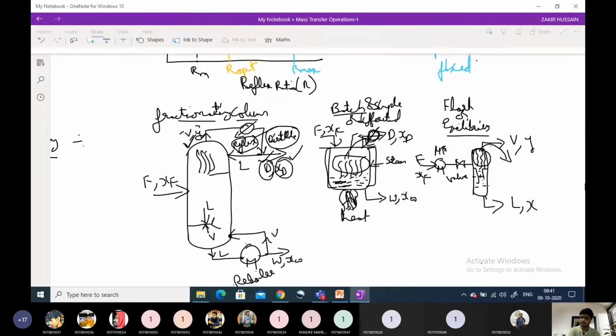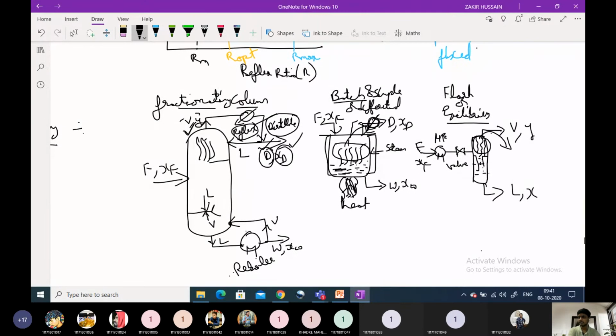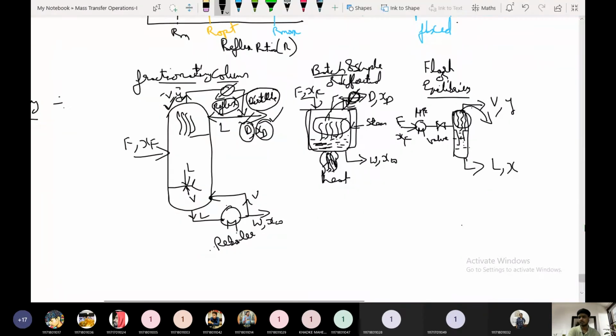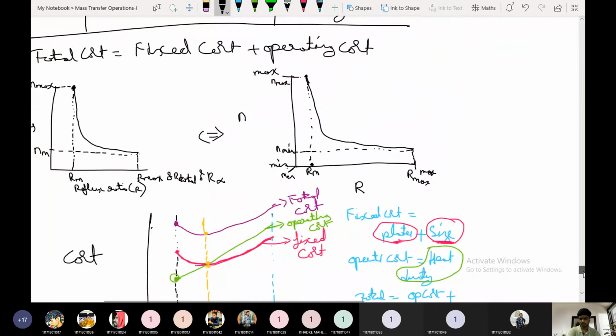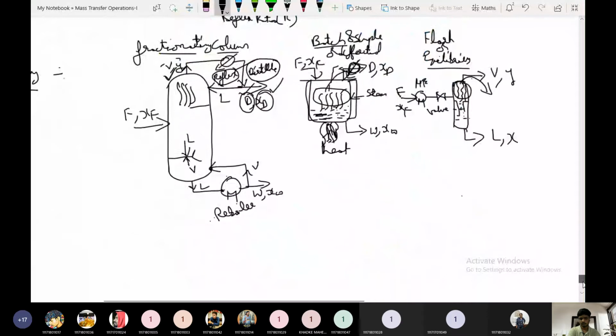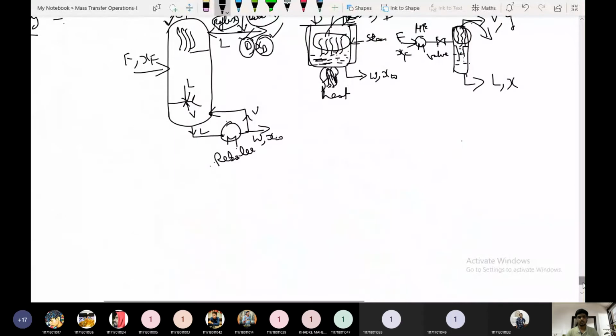We call that number of plates ideal plates, or theoretical plates, or equilibrium plates. Why do we call them ideal plates, theoretical plates and equilibrium plates? Can anybody say why we call them ideal or theoretical plates? Because in this column the plates are there, and the major role of the plate is to provide intimacy between the vapor and liquid. So that is the major role here. By providing this intimacy, what is going to happen?